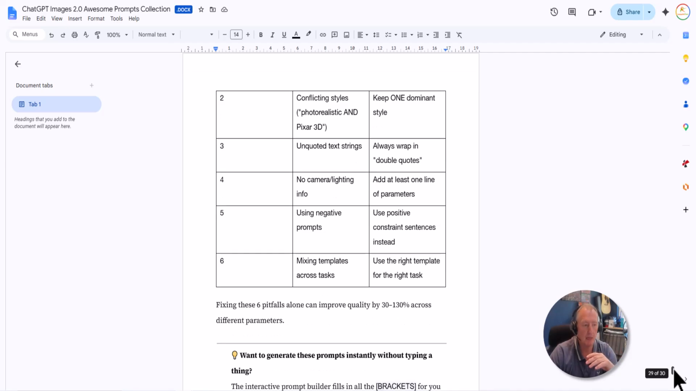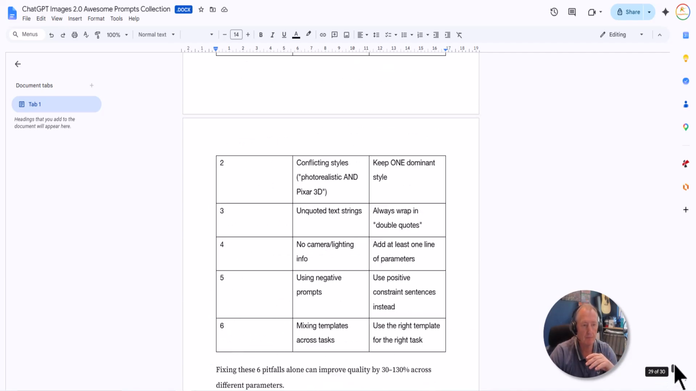And to keep your prompts positive as well. So that's one way of doing it. And the other way of doing it,